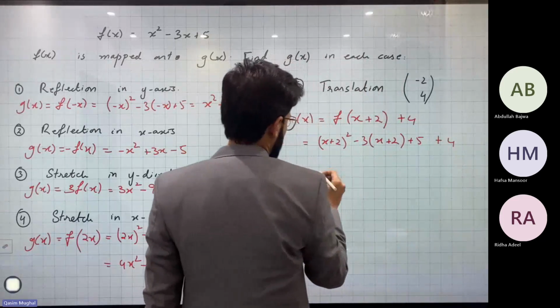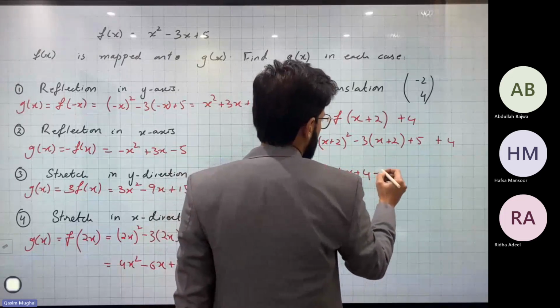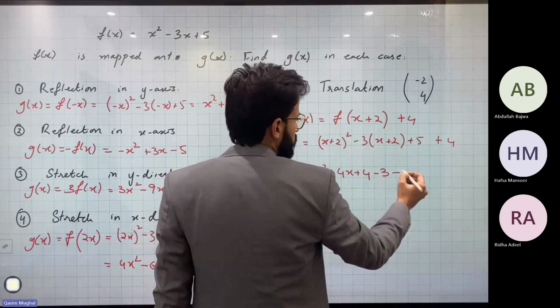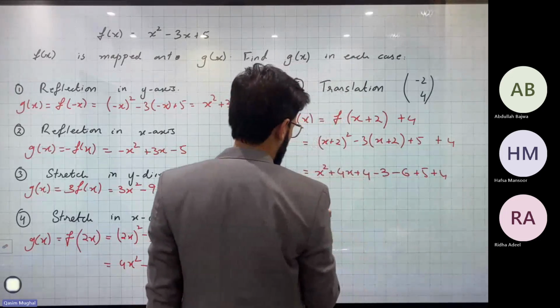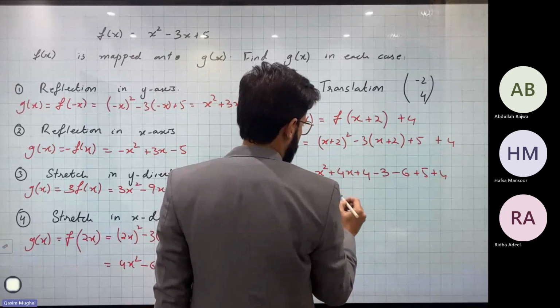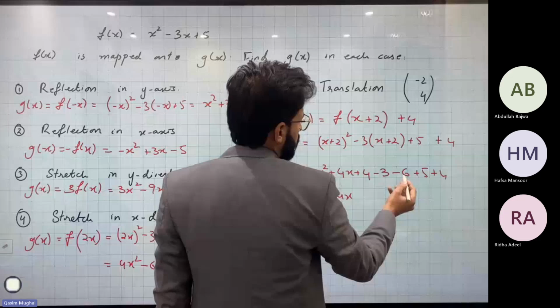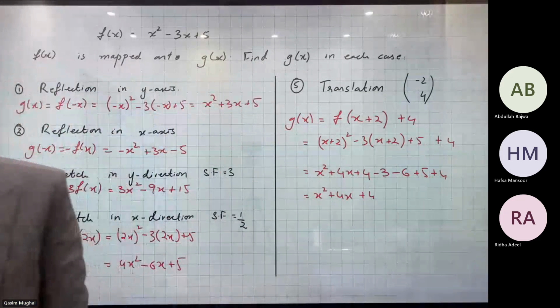So x plus 2 whole square is a squared plus 2ab plus b squared. Minus 3 into x is minus 3x, minus 3 into plus 2 is minus 6, plus 5, plus 4. X squared plus 4x. 1 minus 6 is minus 5 plus 5 cancel हो गया, plus 4 बच जाता है आपके पास. सही है,